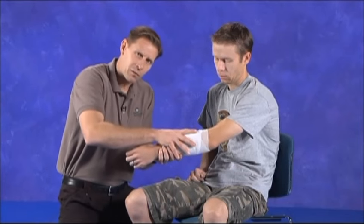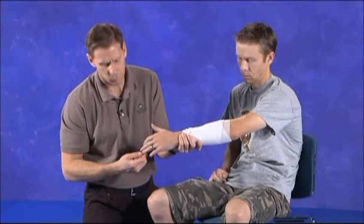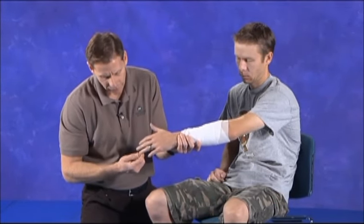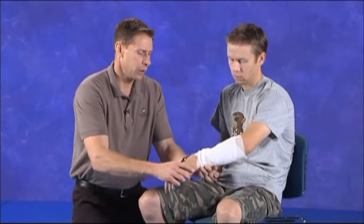And then of course, because I've wrapped this up, I want to make sure it's not too tight. We can do what's called capillary refill, like we did with Robert, and we can push in on the fingernails and see that blood is returning to his fingers within 2 seconds. That's a good capillary refill. Thank you. Go ahead and lay this down. Now, in a third-degree burn, where there is an electrical burn,